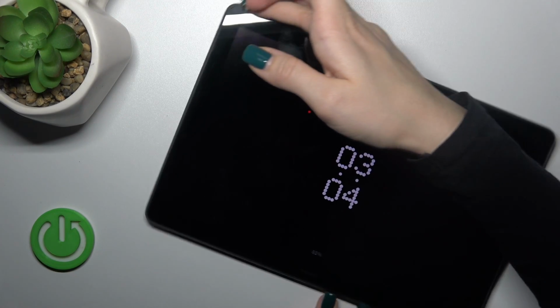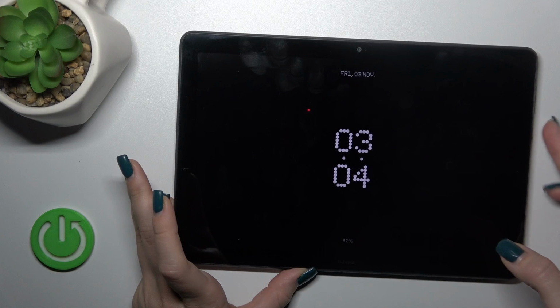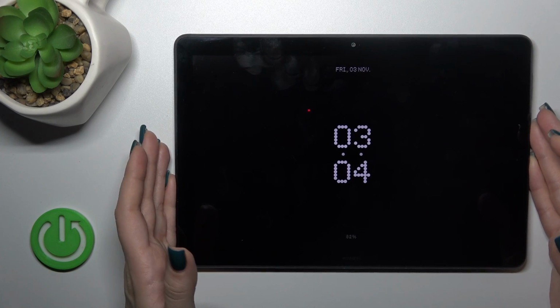Twice to the power key button, press twice power key button and we could see that the AOD option successfully